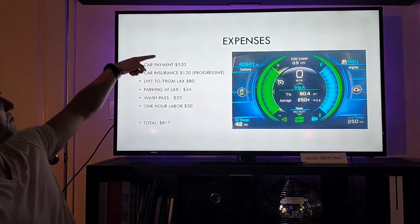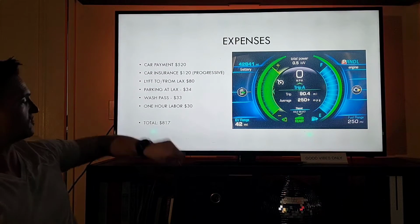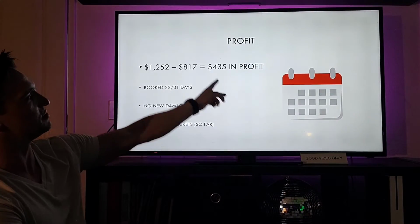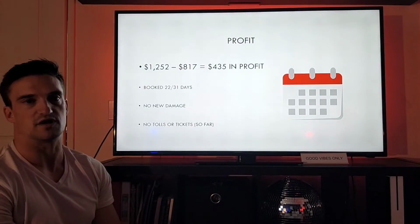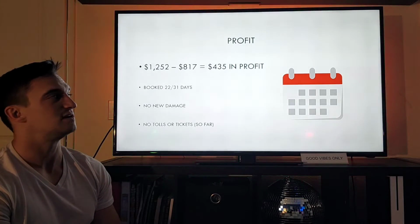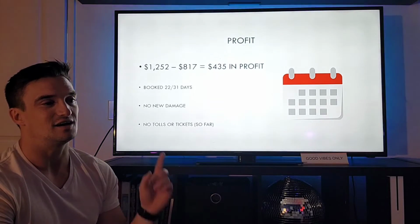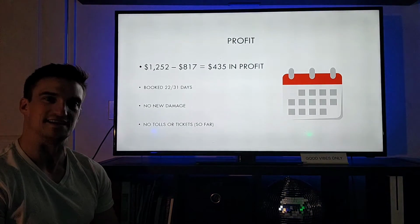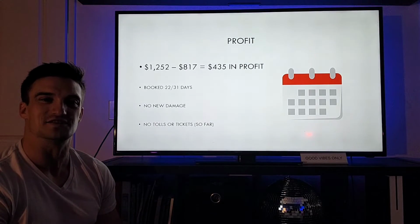So what we're looking at here, car payment, all expenses, lifts to and from the airport, all that kind of stuff. We're looking at expenses of around $817 for July. So just doing some math, we're looking at a profit number of $435. Keep in mind too, that monthly profit might go down as summer travel slows. It might stay the same or increase because the Volt is a hybrid and gets amazing gas mileage. So if we keep seeing gas prices at $97 trillion a gallon, then we will continue to see the Volt